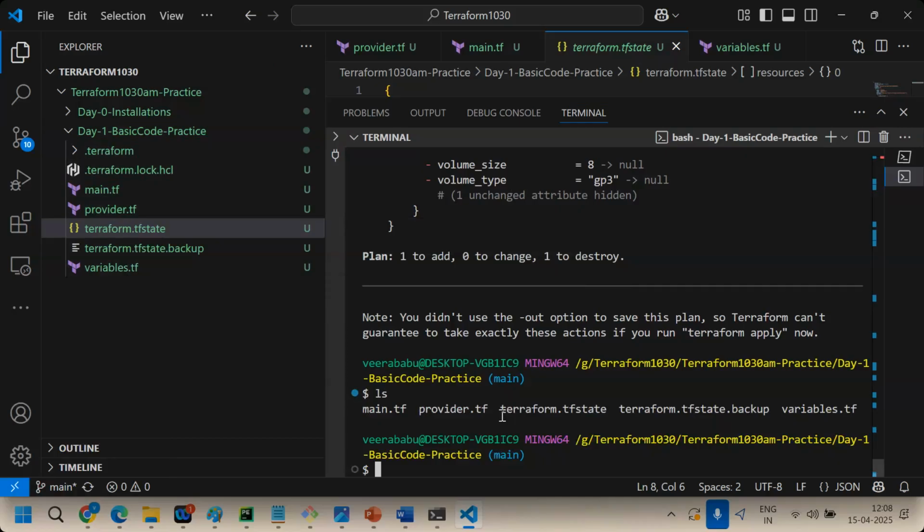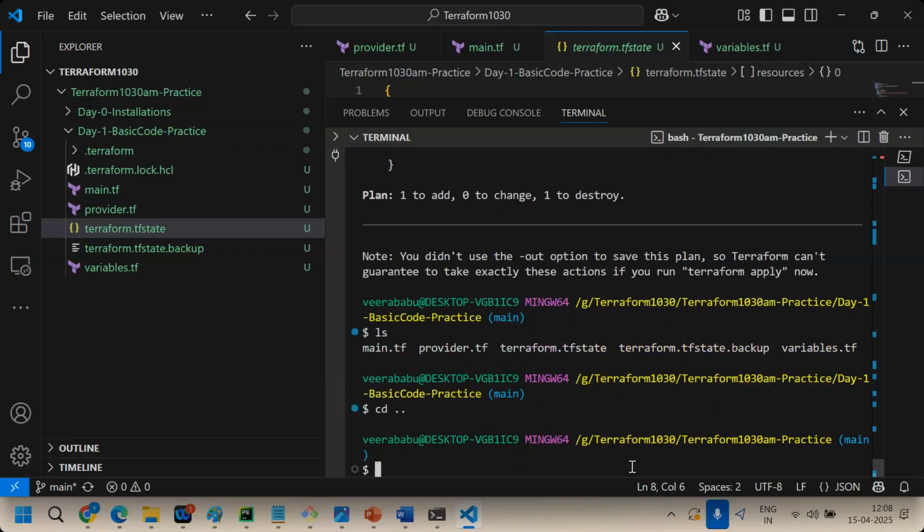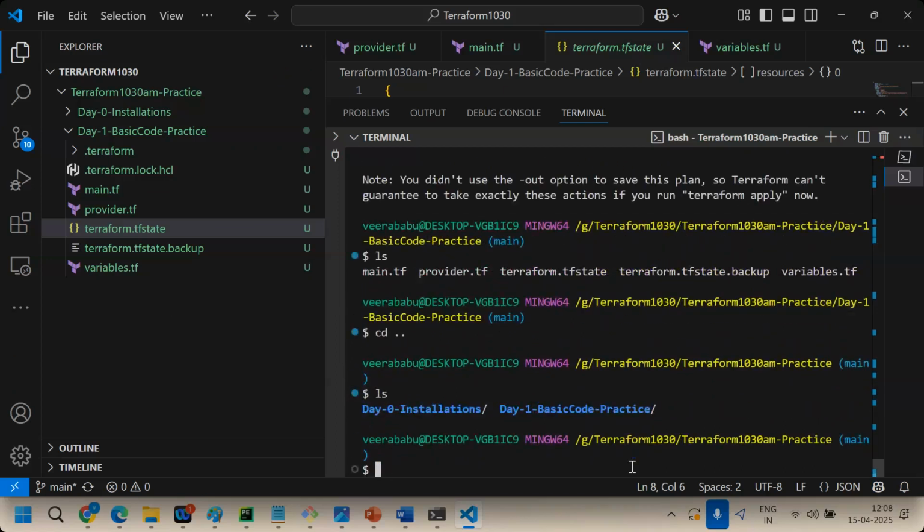Let's write a git ignore file, but not inside day one. If you write it inside day one, every time for day 2, day 3, day 4, you need to write it again. You can create it at the repository level. My repository is the Terraform 1030 AM practice repository. Switch back here. Clear now? Here you can create it. We push at the repository level, not the directory level. If you make changes on day 1, day 8, day 6, push the repository and all the changes will reflect, not a day 1 push. If you push day 1, day 2, day 3, still only old changes will be there. Since you are tracking at the repository level, definitely you can create the .gitignore file at the repository level, not inside the directories. Clear now? Let's create a .gitignore.